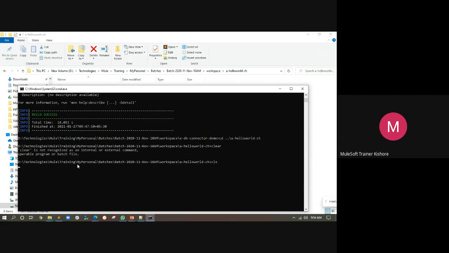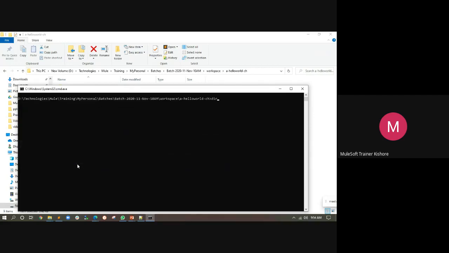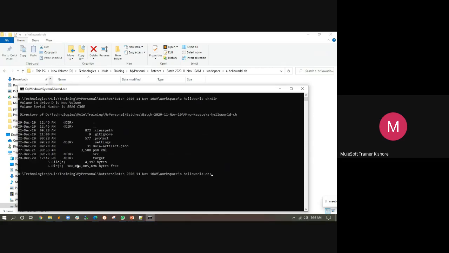Now I move to my application and I am seeing the directories here, and then see my POM file is here. Whenever you are issuing a maven command, the pom.xml needs to be in the same location, or else you have to explicitly specify where is your pom.xml.